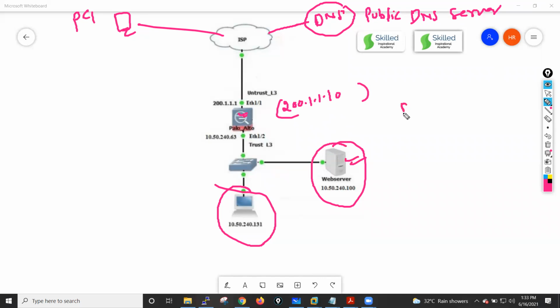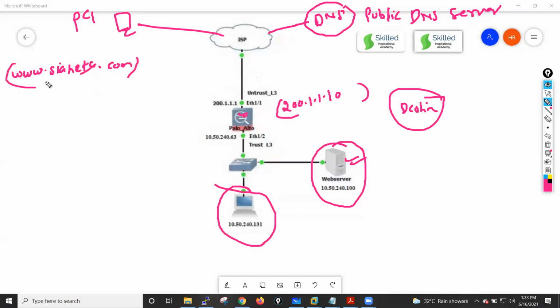So I have used destination NAT in my Palo Alto firewall. Because this is a web server, remembering the IP address sometimes becomes difficult. So let's suppose if someone tries to access www.crnets.com.